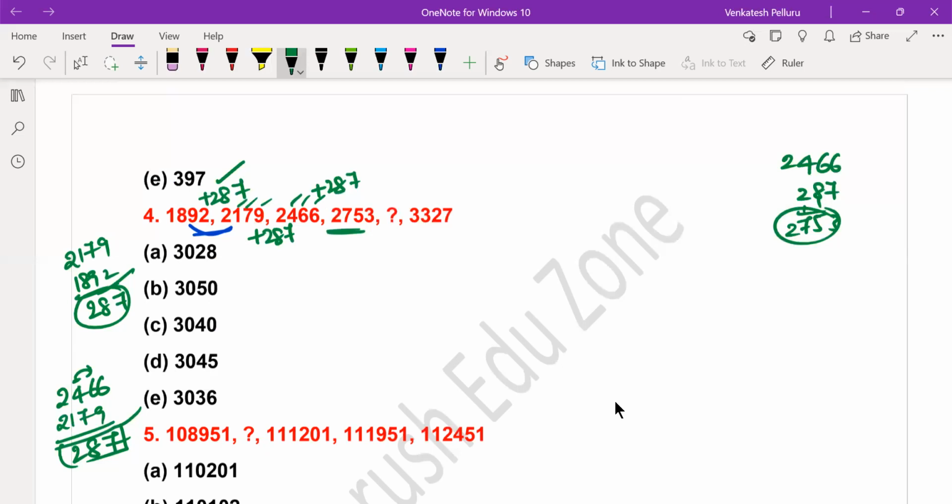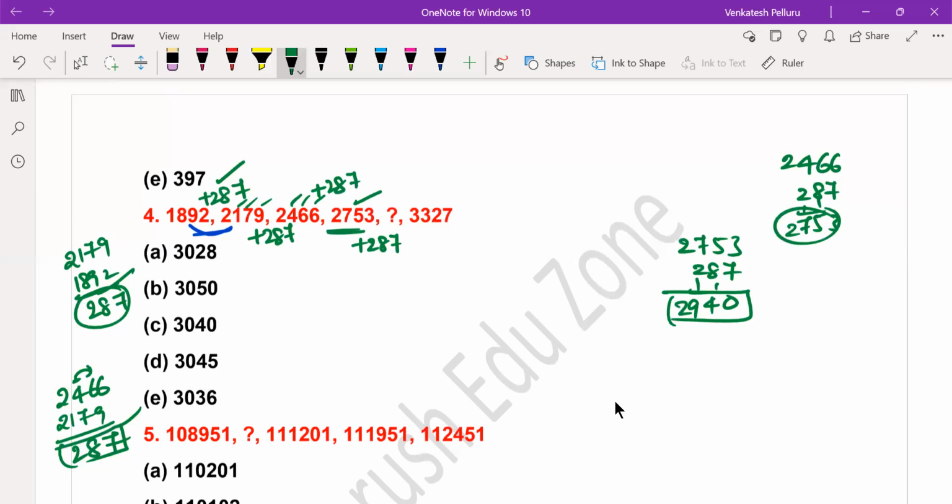287. So to get the answer also I have to do the same thing. I have to add 287 to 2753. So do that. 2753 plus 287. So 7 plus 3, 10. This becomes 14, 9, 2. So it becomes